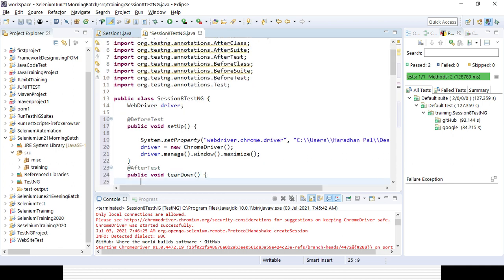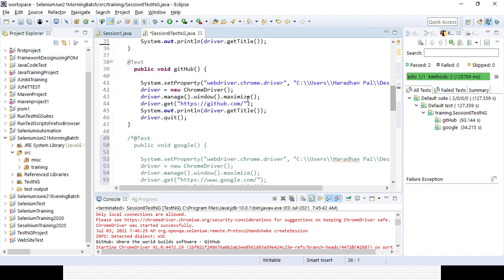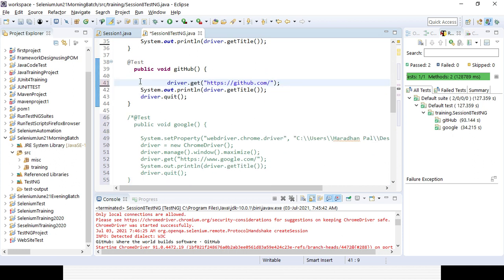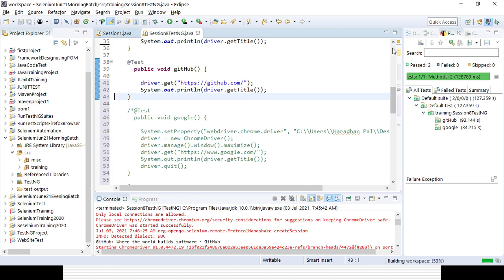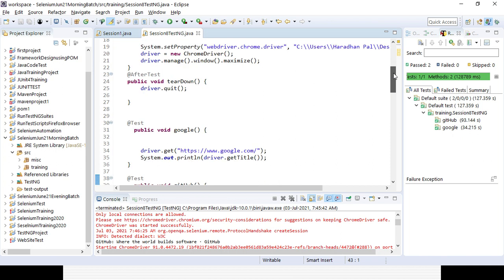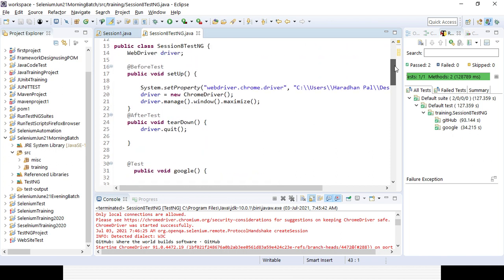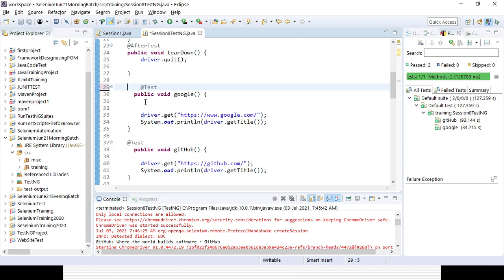Whatever I do here, I will also remove the same common part from the other test case as well. You can see the code complexity is greatly reduced with the help of the precondition and postcondition. I am only writing the main objective in the test cases, and the setup configuration and teardown go in the before test and after test methods. It behaves the same way, but a lot of the code has been reduced.